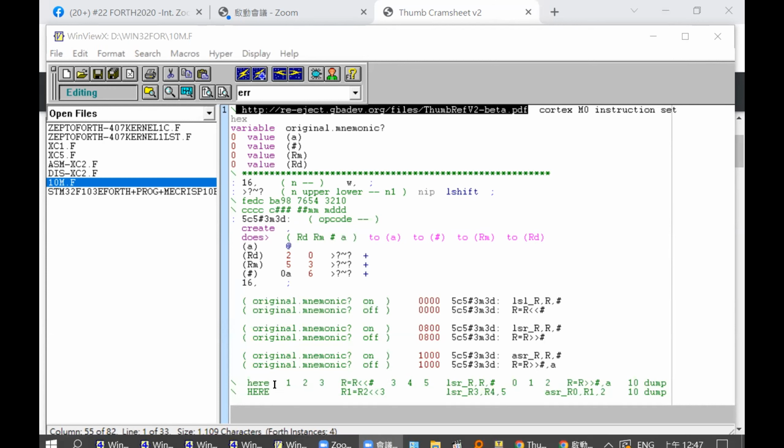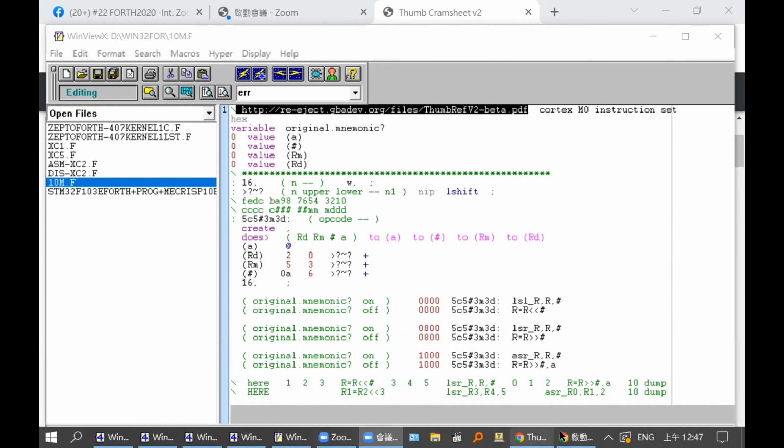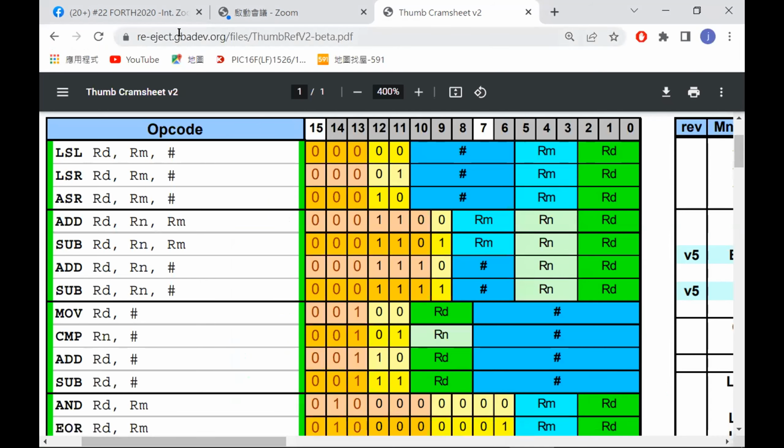This is the one, this picture I took from the website here. You'll find the opcode structure of each individual instruction. From here, you can see this one is logical shift left, and it has 5 bits of opcode with